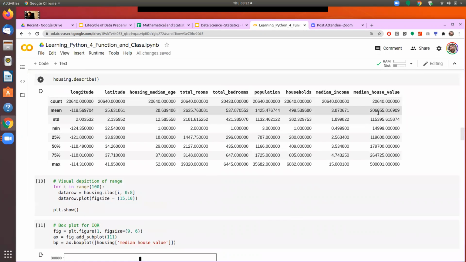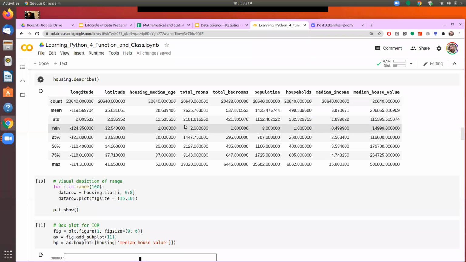So are they correlated with each other, or are they different from each other? For example, here we are seeing that given the data of the house, the number of total rooms and number of total bedrooms obviously should have a higher correlation. It means that if the number of bedrooms is higher, typically the number of rooms also should be higher, because here the data we have got is for a given district or a given area of the city.